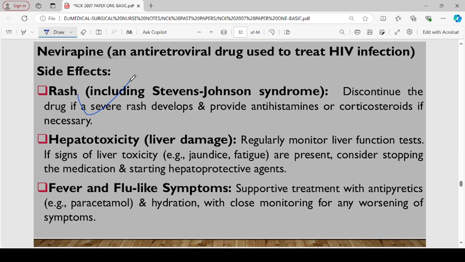Hepatotoxicity, that is liver damage, so you have to monitor liver function tests. If signs of liver toxicity such as jaundice, fatigue are present, you consider stopping the drug and starting a hepatoprotective agent. Flu-like symptoms, you do supportive treatment with antipyretics such as paracetamol, hydration with close monitoring of any